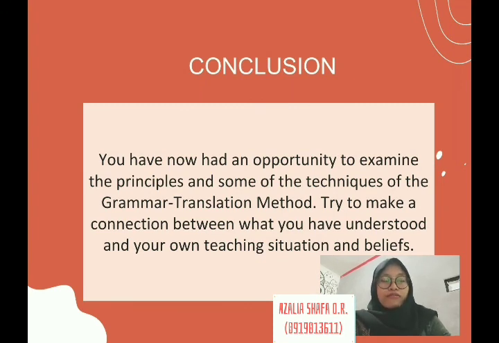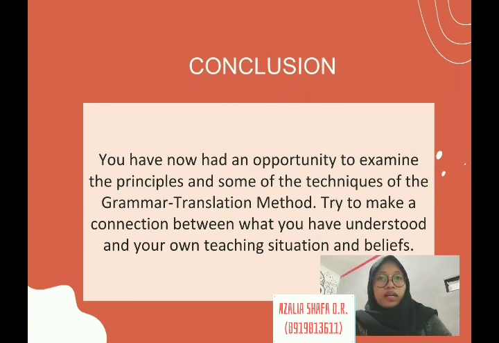So you have to try to make a connection between what you have understood and your own teaching situation and beliefs. For example, do you think it's important to learn about the target language, or are there any other techniques